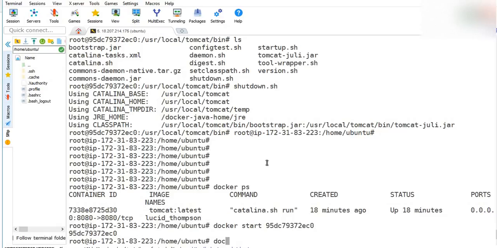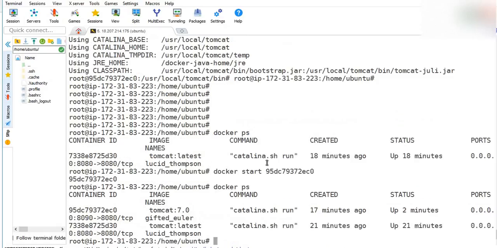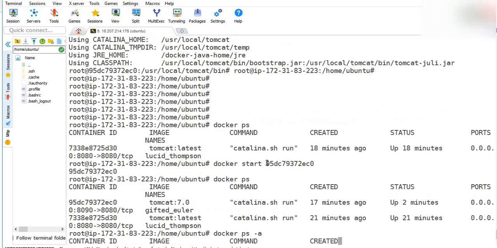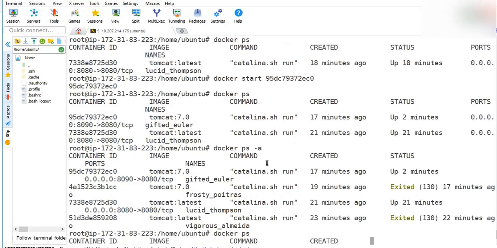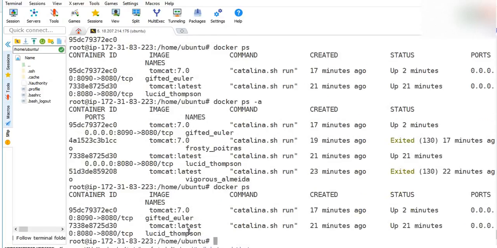In order to get the instance ID, what in Docker ID, what should we give? What is the command? To get the instance ID or the container ID, what should be the command? If I give docker ps minus a, what will it give me? History of all the containers ran and stopped. Okay. I just want only which are running right now. So from this, which one is the latest one? The bottom one. 8.5? This one.